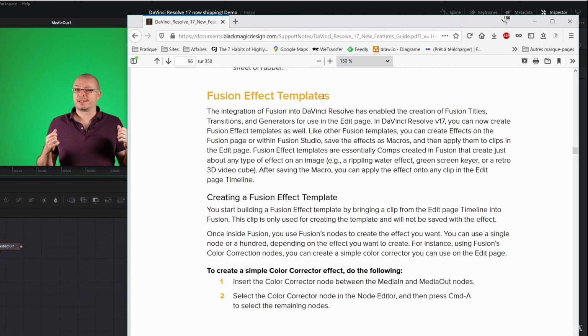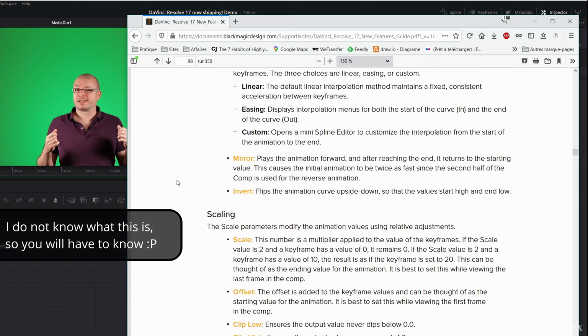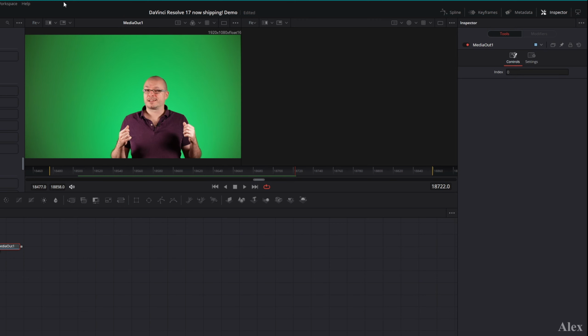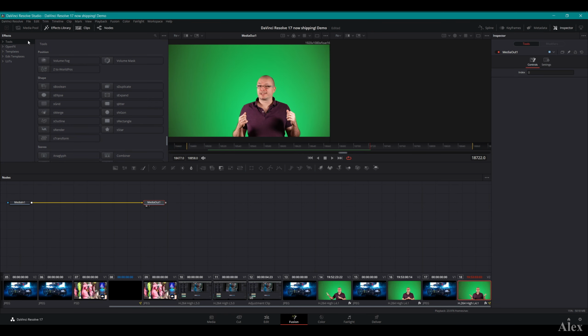Fusion effect templates that you can use on the edit page. Animation curves modifier. Shape nodes. Fusion includes several vector shape nodes that can be used to create animated graphical elements in motion design projects. Is that new? So yes, if we go to the effects library tools and scroll down to shape, I